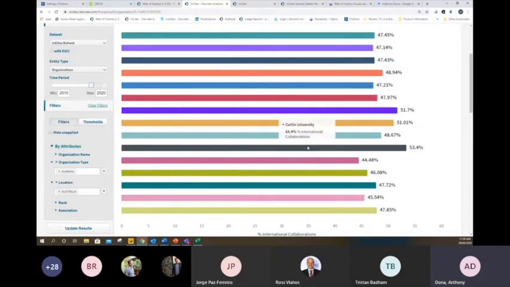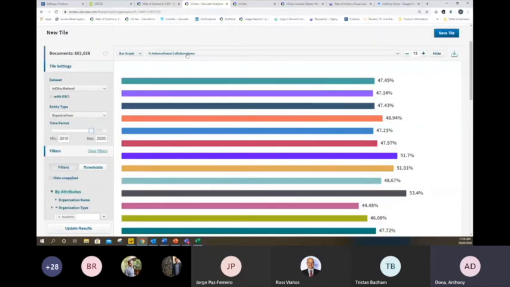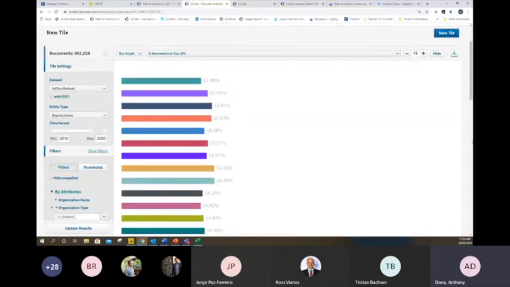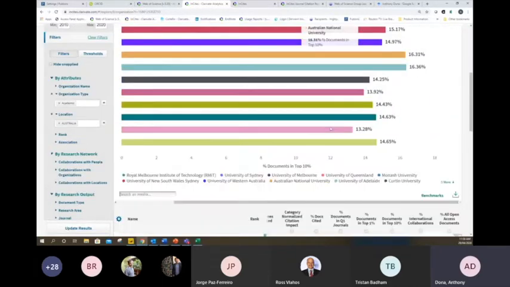So you can start to make direct comparisons between organisations that are fair and meaningful for a whole bunch of different metrics, like percentage of international collaborations, category normalized citation impact, or percentage of documents in the top 10%, or whatever you like. So those impact measures are not necessarily averages, but rather breaking that exponentially decaying distribution up.